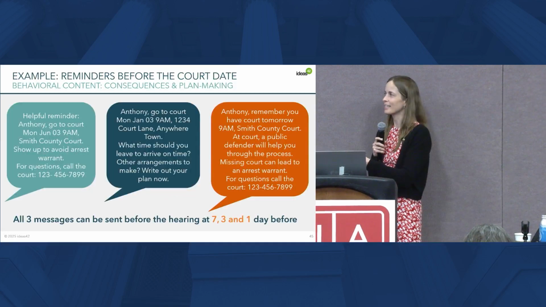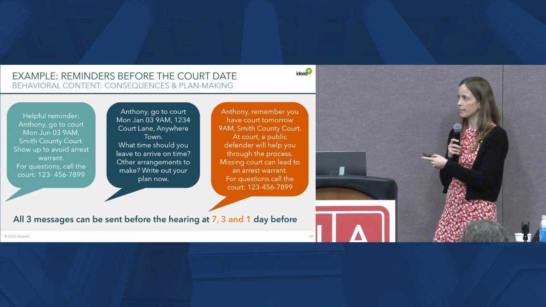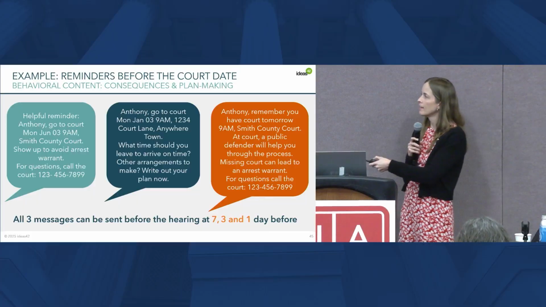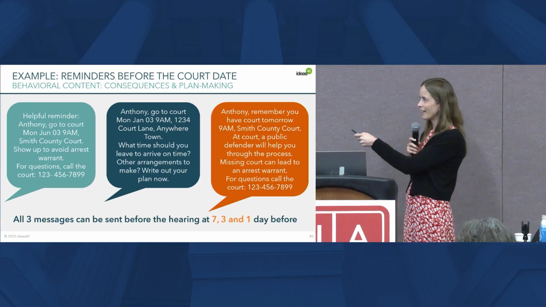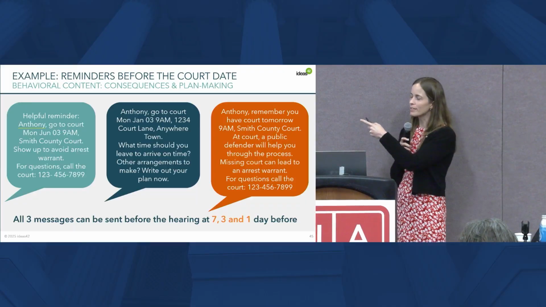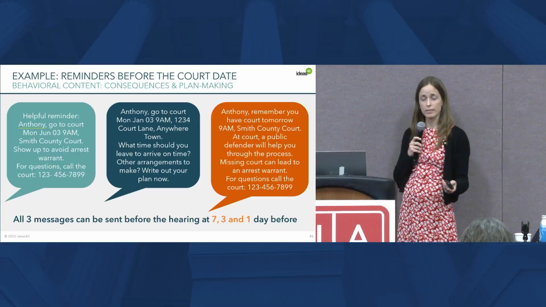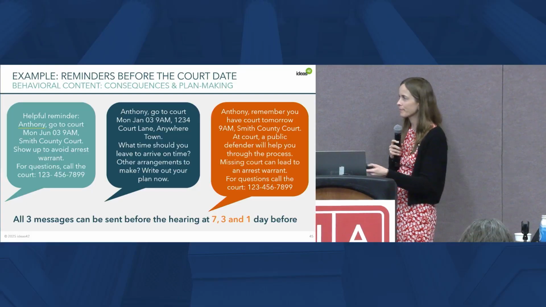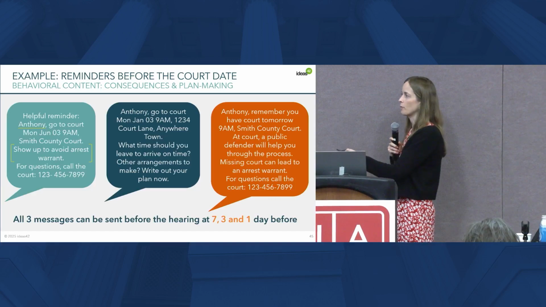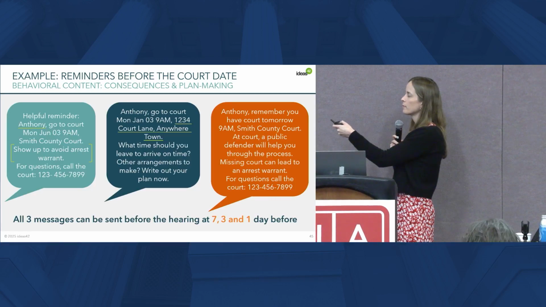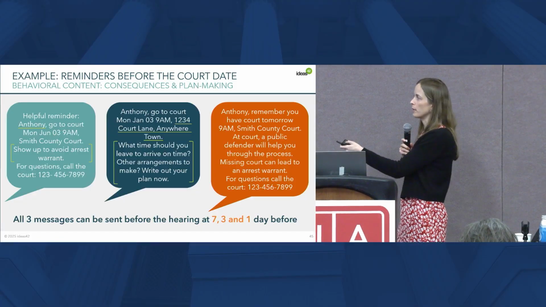Okay, so here's an example of how all these elements come together in a reminder. So this is a series of 3 text messages sent before a court date. So I'll click through. There's a couple of elements here. Hopefully you can see the little green lines highlighting them. But first, we start with someone's first name. So this catches their attention and also makes clear to them that this is something specific to them. It's not spam. We emphasize the consequences of not appearing. So it says show up to avoid arrest warrant. We provide logistical information they need to get themselves to court, prompt them to make a plan.